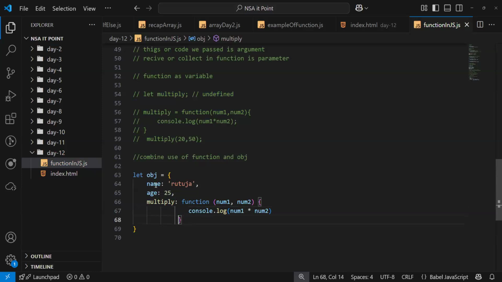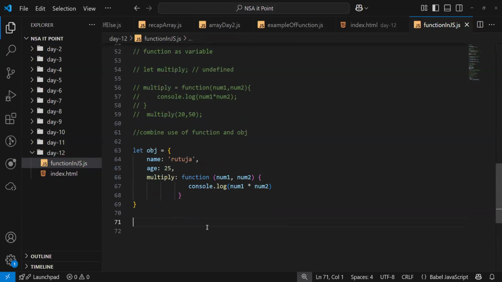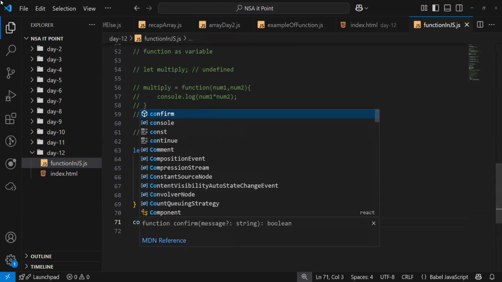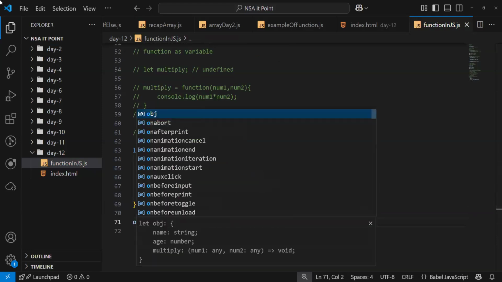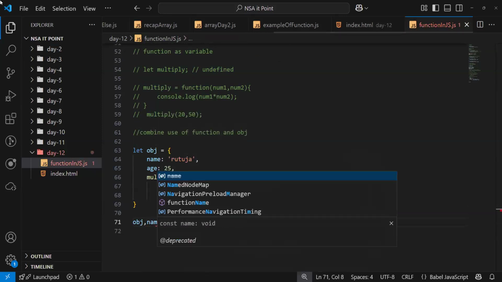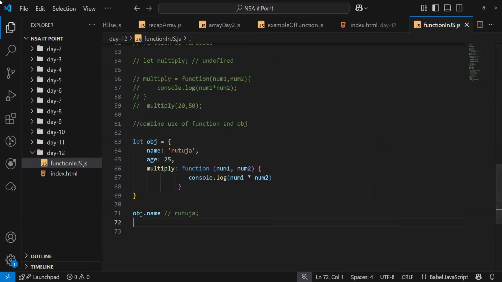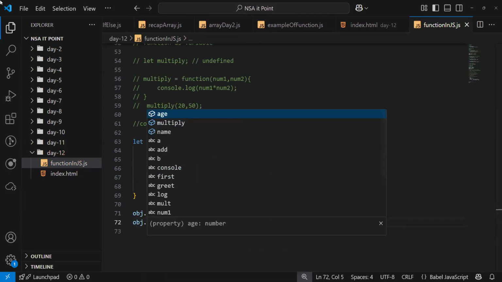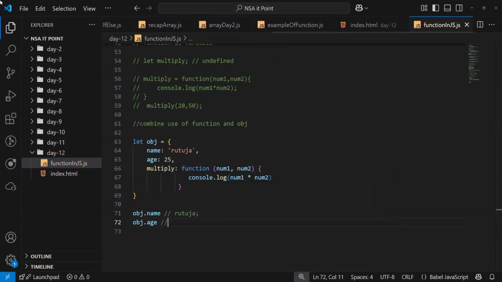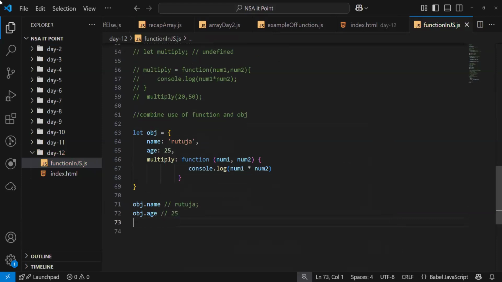If I want to access the multiply, what we do is write it in the form obj dot name. What will be the output? Rutuja. And obj dot age, that's 25.